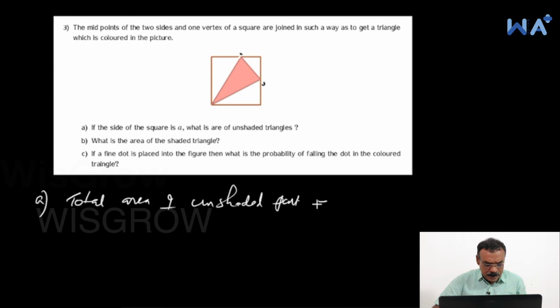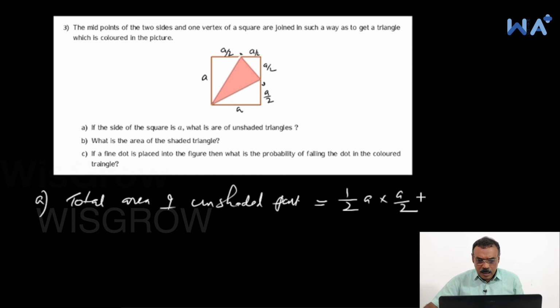part is equal to half a into a by 2. This is a, this is a, this is a by 2, this is a, this is a by 2. ഇത് a by 2 ആണ്, ഇത് a by 2 ആണ്. അപ്പോൾ ഇത് രണ്ടെണ്ണം കണ്ടോ, ഹാഫ് ഇൻറ്റു എ ഇൻറ്റു എ ബൈ 2. ഇതിൻ്റെ ഏരിയ ഇവിടെ ഒരെണ്ണവും കൂടിയുണ്ട്, രണ്ടും കൂടി കിട്ടാനായിട്ട് ഇൻറ്റു 2 പ്ലസ് ഈ ഭാഗത്തിൻ്റെ ഏരിയ ഹാഫ് ഇൻറ്റു a by 2 ഇൻറ്റു a by 2, that is equal to,